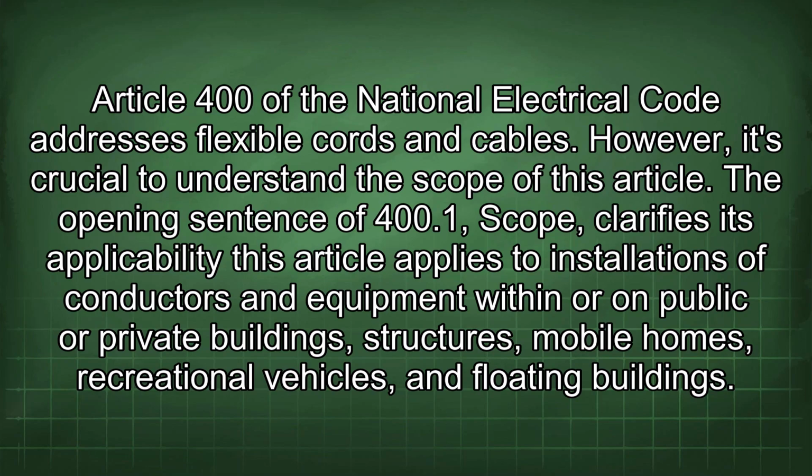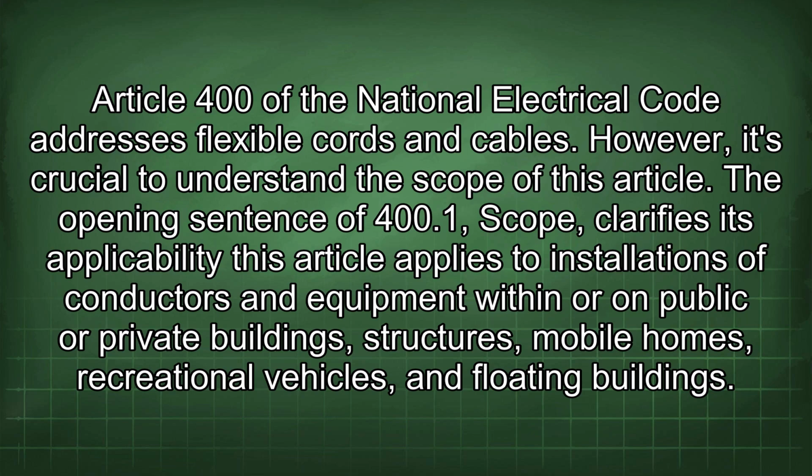Article 400 of the National Electrical Code addresses flexible cords and cables. However, it's crucial to understand the scope of this article. The opening sentence of 400.1, Scope, clarifies its applicability. This article applies to installations of conductors and equipment within or on public or private buildings, structures, mobile homes, recreational